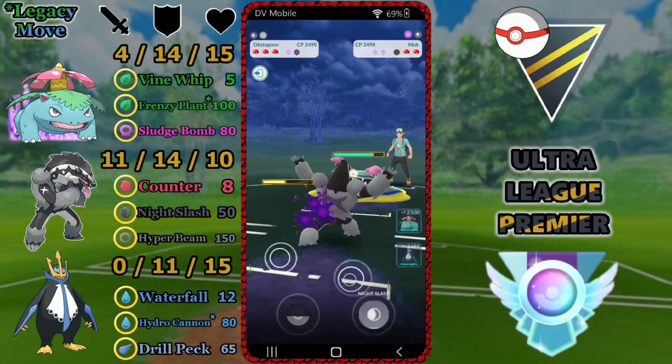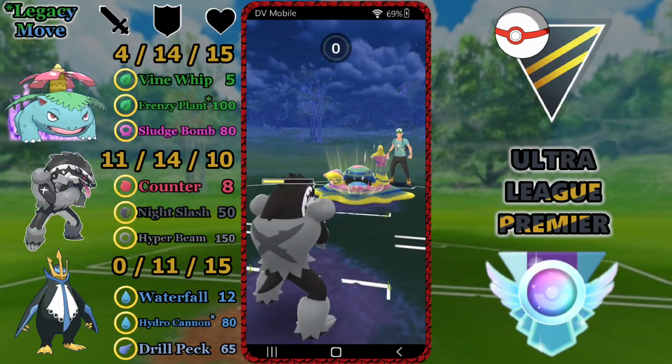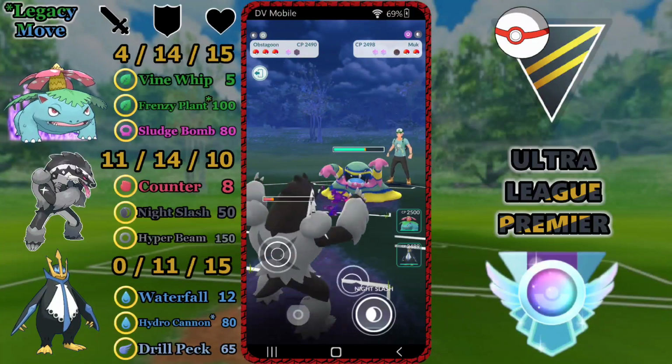They're expecting Cross Chop, which they can survive, or they're expecting Night Slash, which is resisted. So we're able to take Switch, which is absolutely huge, and we're going to be able to put some serious work in on this Muck. And I think we're going to threaten...